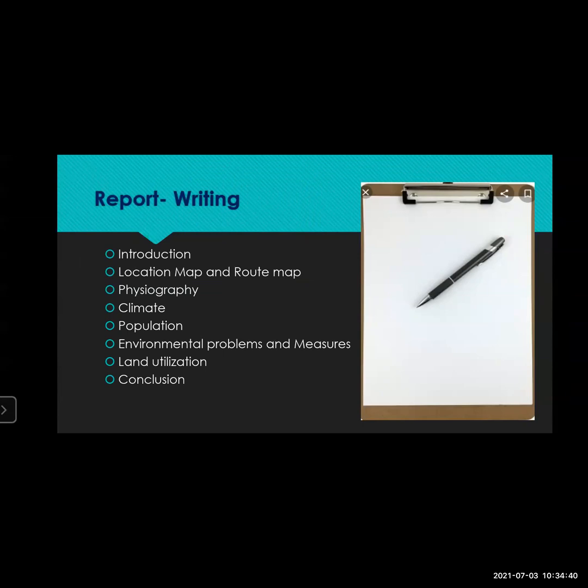And what you're going to write in the report, you're going to start with an introduction. You're going to introduce that today we went to the place and this was the place, then the location map and the route map, and you're going to tell about the location, then the route which you followed, physiography. Now when you went into that particular place, what things you have seen, what type of physiography was there, plains were there, mountains were there, hilly area, whether it was a jungle area, a wildlife sanctuary, a river bank. So you have to tell about the physiography.